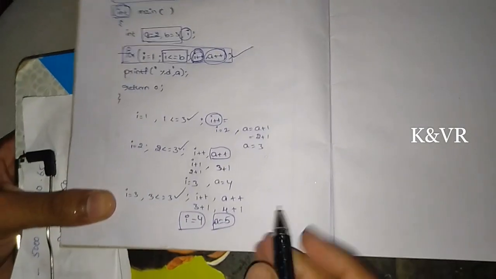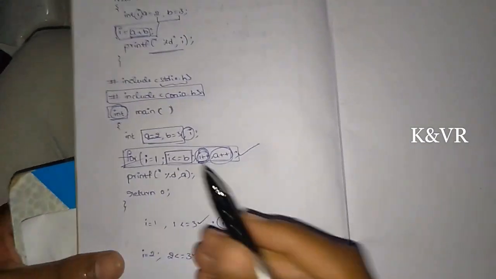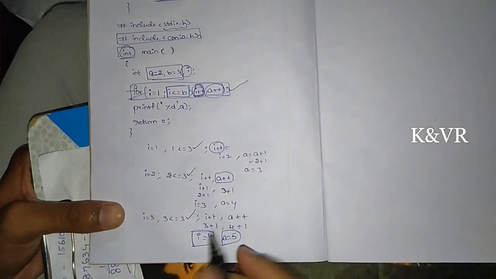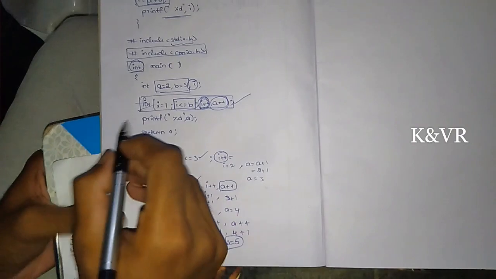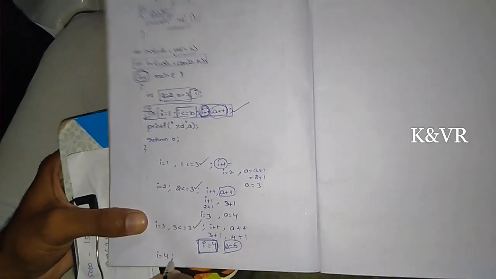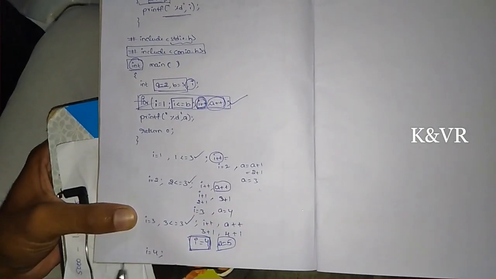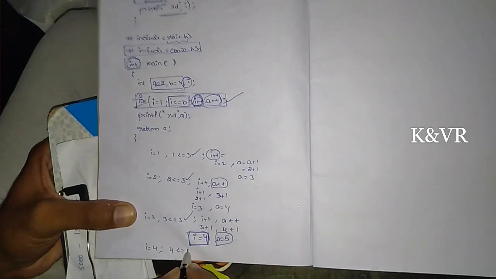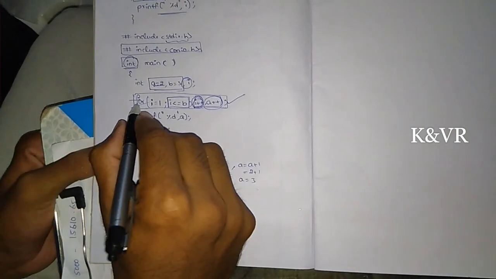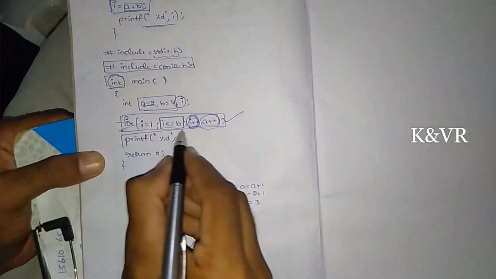And again, while the for loop is executing, i is 4, right? Here we check the condition. i is 4. Now i less than or equal to b, that is 3. b is 3, i is 4. Now 4 less than or equal to 3. Condition failed. So the for loop execution stops now, and the result will be printed.